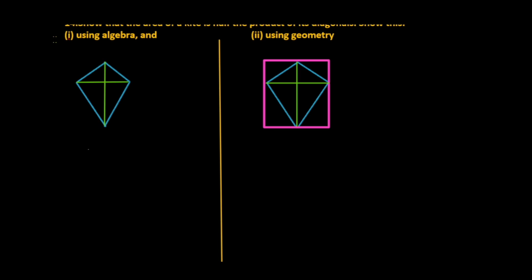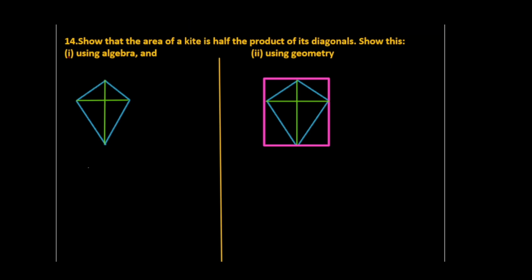So next, 14th question. Show that the area of the kite is half the product of its diagonals. Show this using algebra and using geometry. So let's take a kite which is